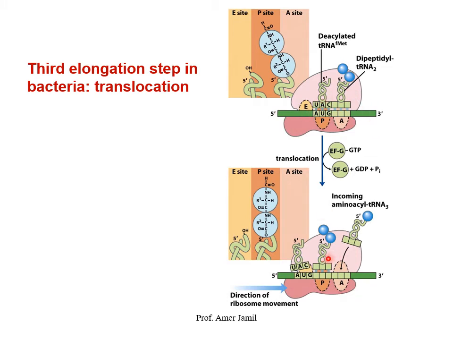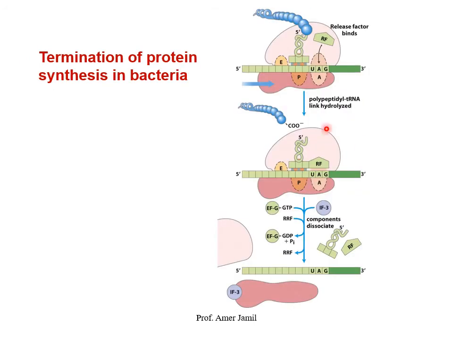So like this, the dipeptide comes here, and the empty one comes on the exit side, and a new aminoacyl tRNA will come on the A site, and the empty one will be released from the exit side, and this process will go on,